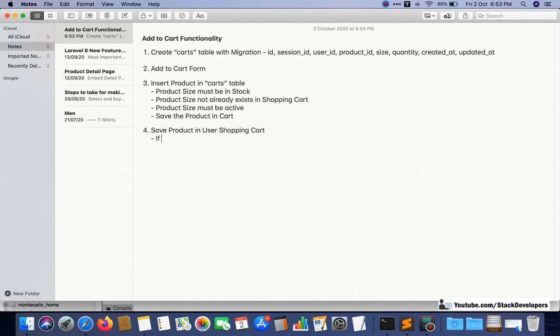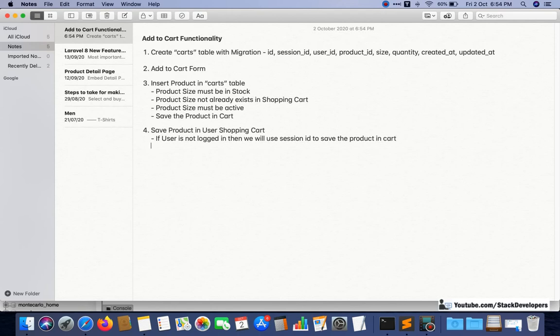If the user is not logged in, then we will use session id to save the product in cart.